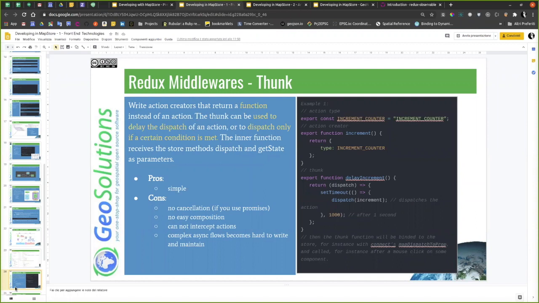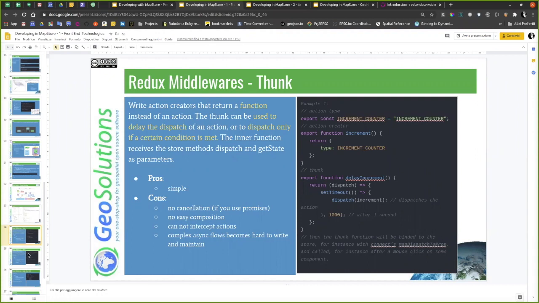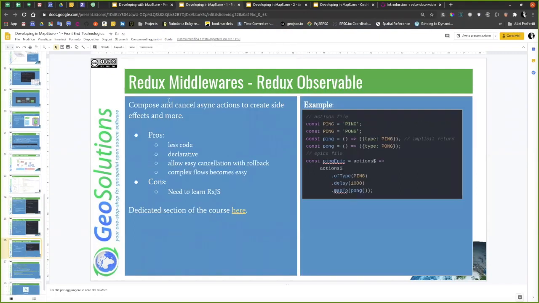it can be implemented by using a middleware that can be attached to Redux in order to, for instance, do asynchronous requests, and then we saw the Thunk middleware, and then we have seen an example of how to do a request to a server and get a response and trigger an action to update the state with the response. This is an example Thunk that does this, and at the end of the meeting, I introduced a library that